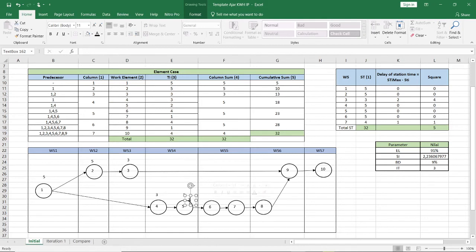And then sixth work element is 4. Seventh work element is 1. And then eighth work element is 4.